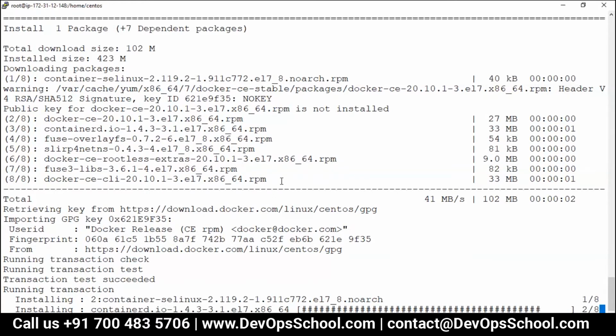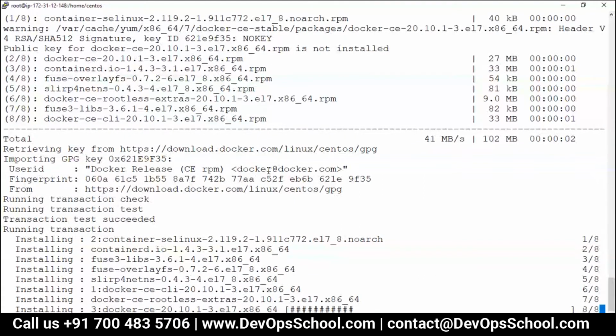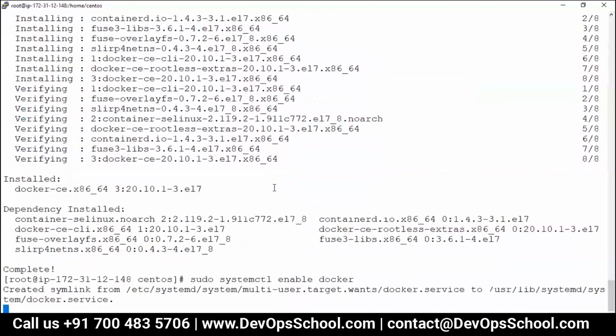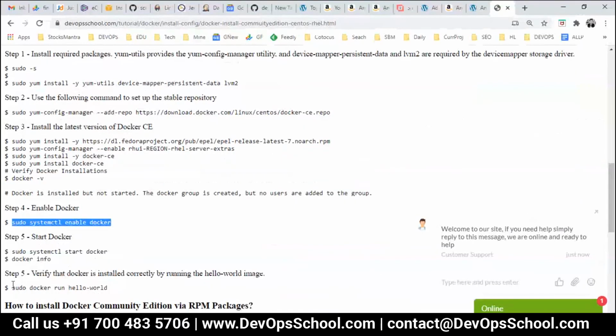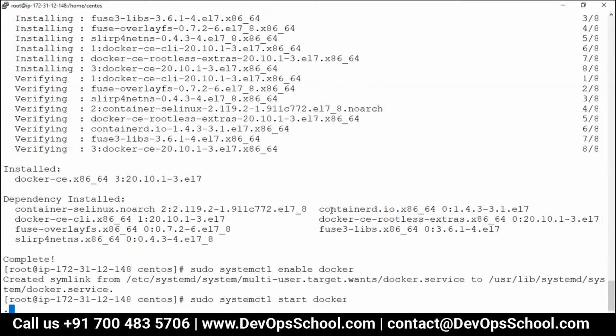So we can use Docker for various purposes. Guys, so Docker is installed now and started also. Just give me a few seconds.